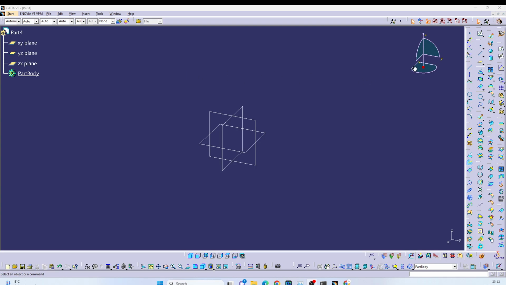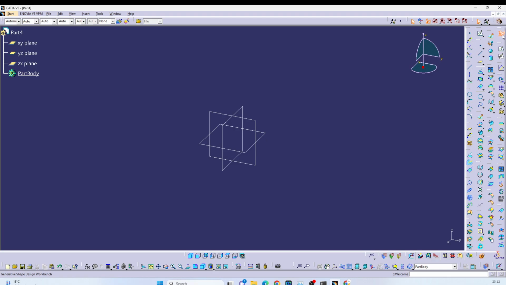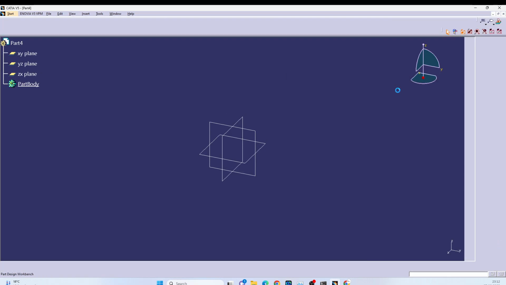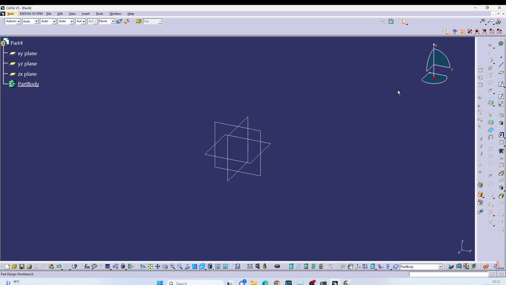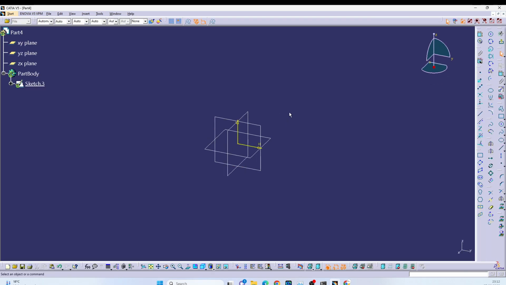Let's start. We can start our sketch from here using Generative Shape Design. We just need to select the plane, or using the Part Design license. It really doesn't matter which one we use. It's the same condition, the same sketch command, but make sure that